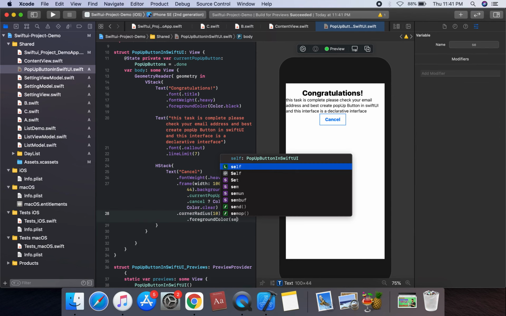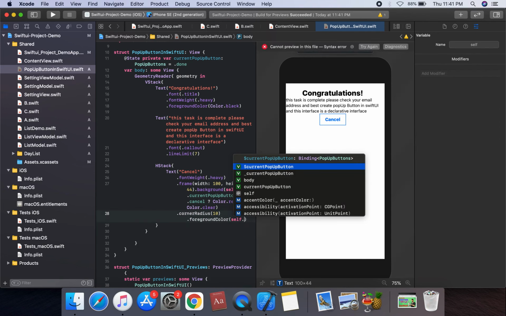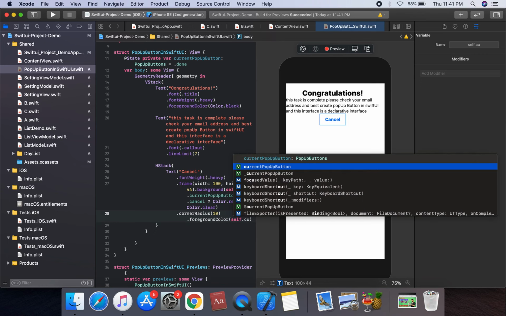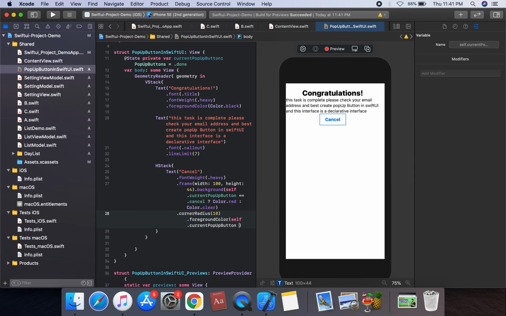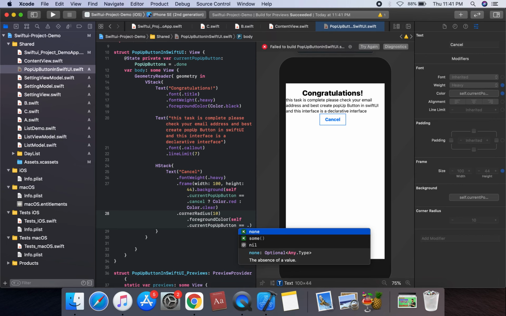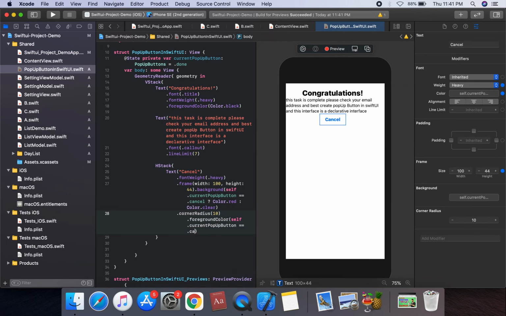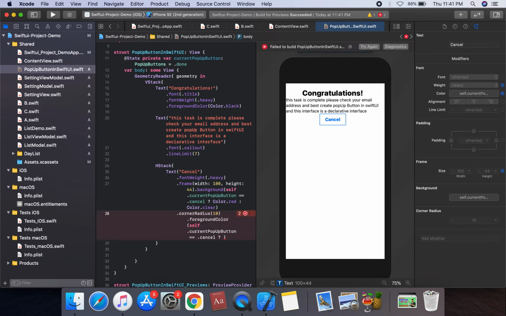So self, we can set the pop-up button current pop-up buttons equal to dot cancel. Otherwise the condition is true.